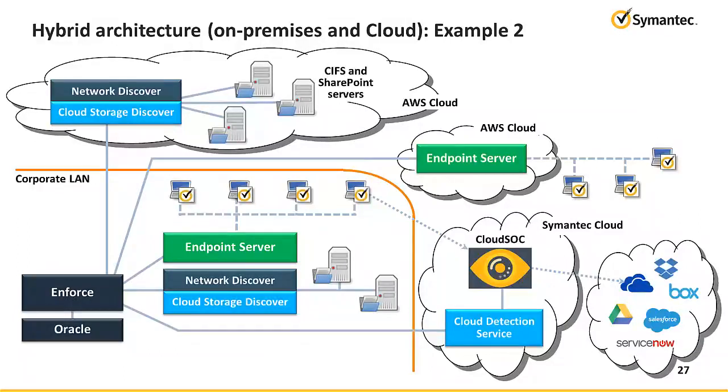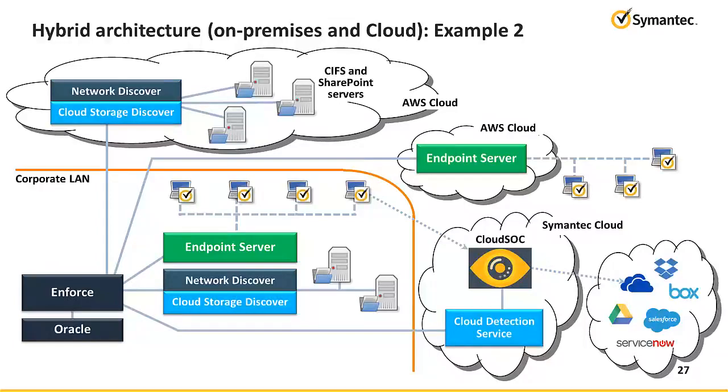For instance, the organization runs several CIFS and SharePoint content repositories in the AWS cloud. For this reason, the organization has located some of its Symantec DLP components into the cloud as well, such as a Network Discover server and a Cloud Storage Discover server to scan cloud-hosted repositories efficiently, and an endpoint server to